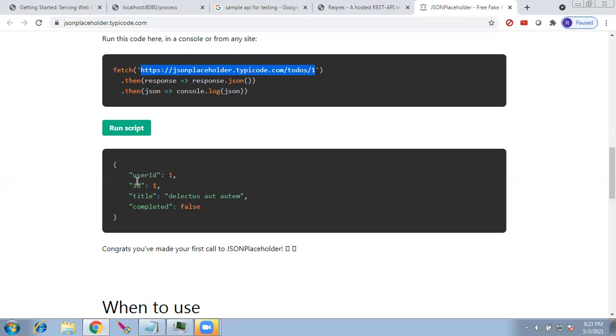Not any endpoint, only a REST endpoint. If the endpoint is made of REST, this works. For an endpoint which is made of SOAP, you cannot call it like this. It will throw an error. So you have to know first what type of service it is, whether it is a REST service or a web service. If it is a web service, you can go for SOAP UI. If it is a REST service, Postman is enough.